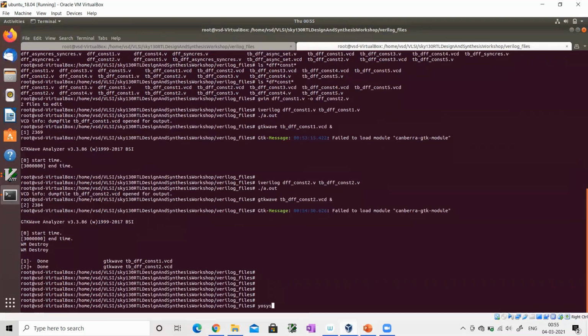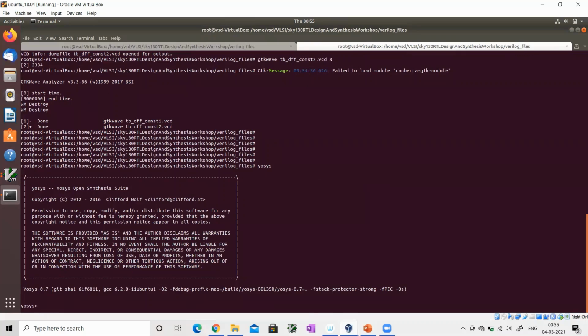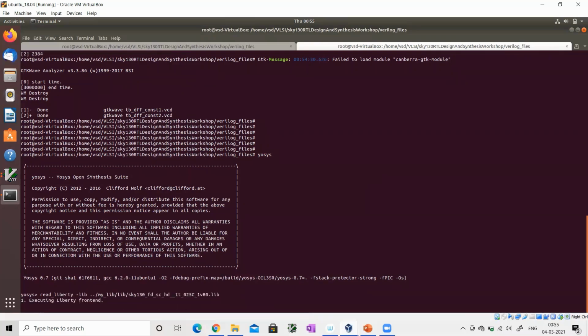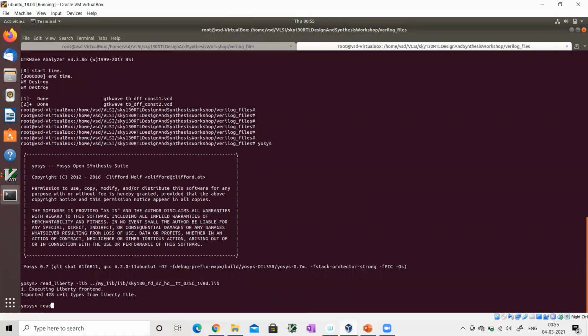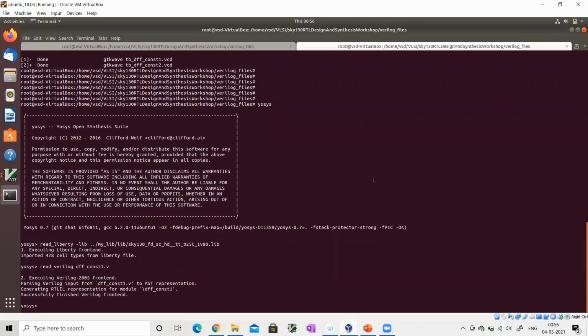So Yosys is the tool. Let's launch Yosys. First thing, we will read the Verilog file. So read_liberty -lib, the library, mylib, libsky. Now read_verilog dff_const1.v. Now synth -top